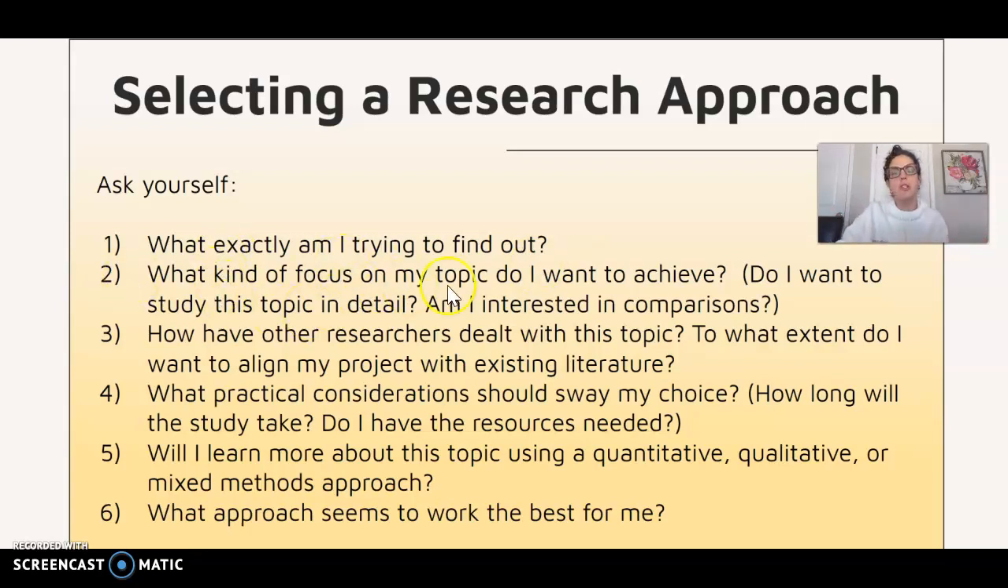So that builds to number 2: what kind of focus on my topic do I want to achieve? Do I just want more detail? Am I explaining something? If you have the question of an apple a day keeps the doctor away, are you trying to prove that? Are you looking to prove or disprove a hypothesis? Or are you just trying to do some exploratory